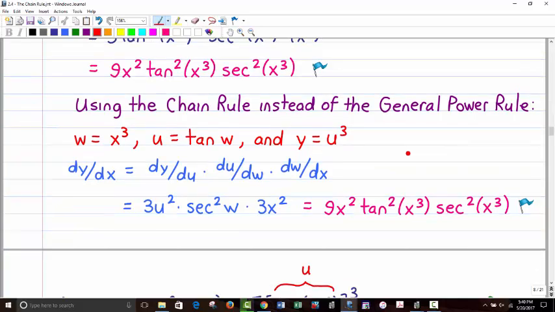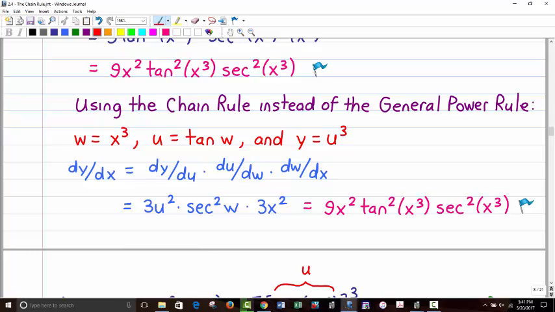So now I use this with the formal definition of the chain rule versus the general power rule, which I've already mentioned is part of the chain rule. It's just its own specific situation. If you don't like this, don't worry about it. It's okay. You can do it the other way. That's fine. But I went ahead and did it this way, so I kind of gave it two little extra chain steps there where I